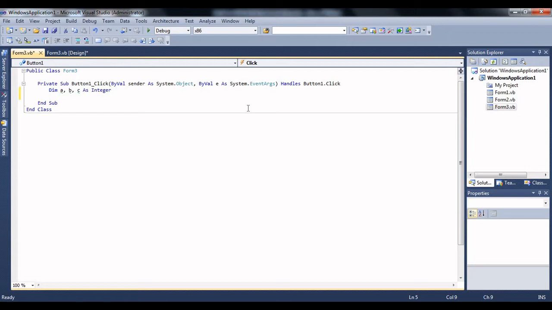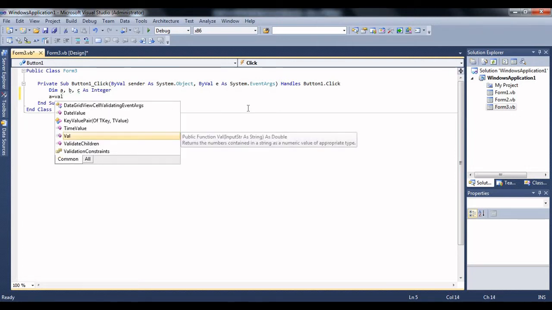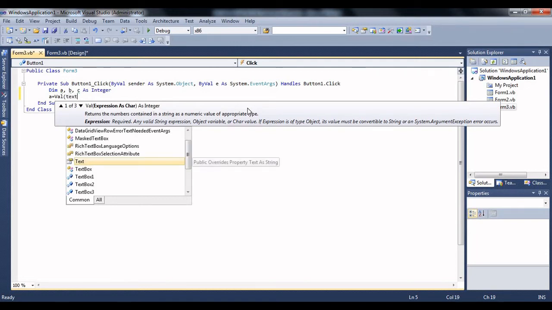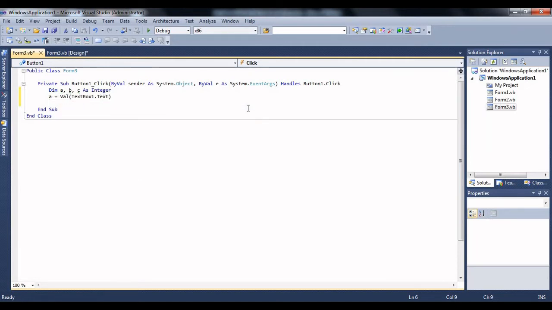How can we transfer? Is by writing a is equals to value of text box 1 dot text. So with this line, whatever the number our user enters in text box 1 will be transferred now in variable called a.